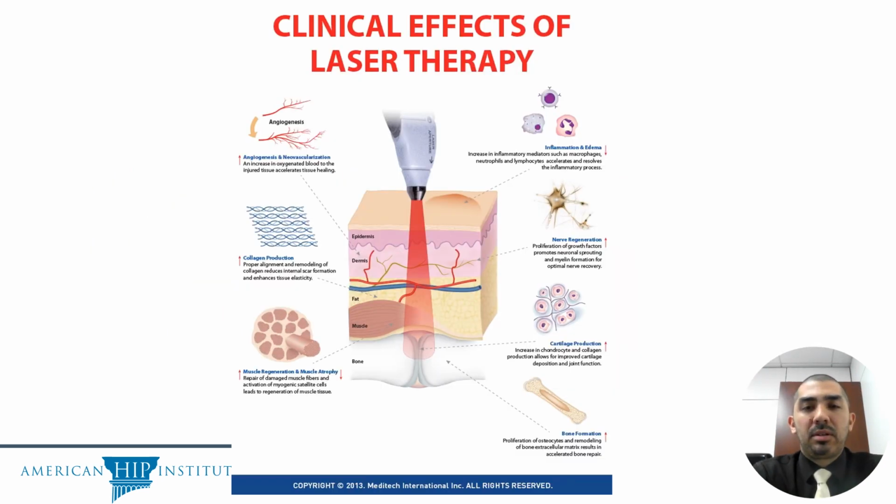In terms of these photobiostimulation clinical effects, we are able to improve the angiogenesis in the area, giving more blood flow to the area. We decrease the scar tissue formation, promoting elasticity within the collagen fibers. We promote muscular tissue regeneration. In general, it will decrease the inflammation around and will produce a more healing environment for the zone we use